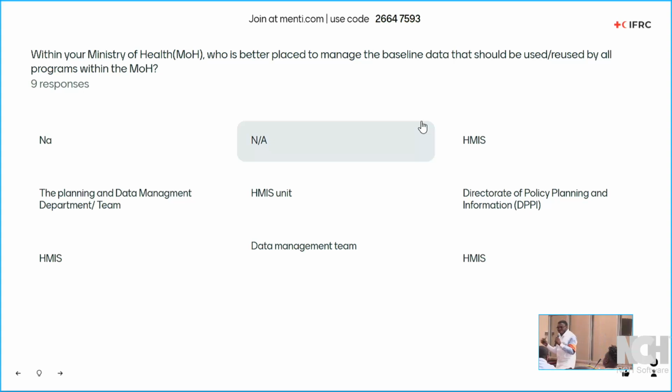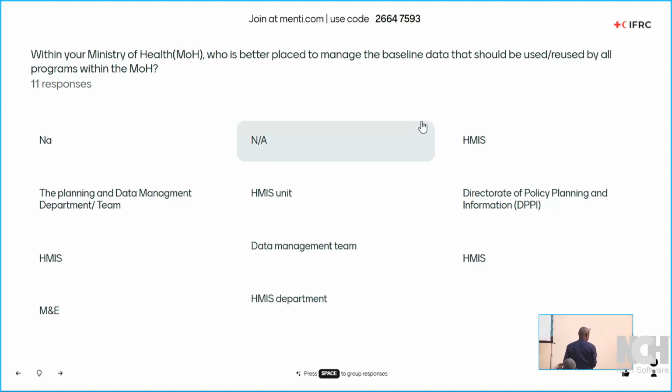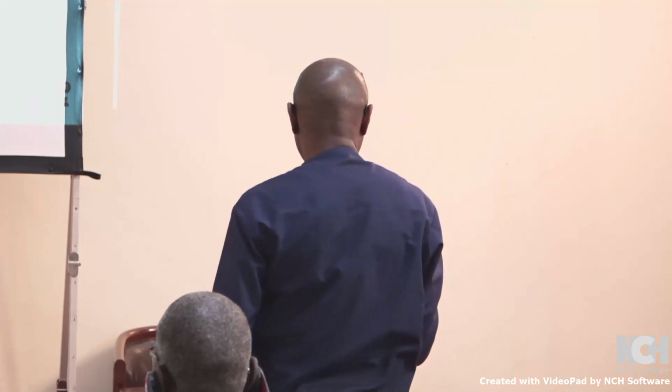Excellent. Please, could you just explain how this works in your country? Thank you very much. So this is the directorate that is responsible for all health planning and hosts the Health Management Information System, the DHIS2. They work very closely with Statistics Sierra Leone and the National Civil Registration.